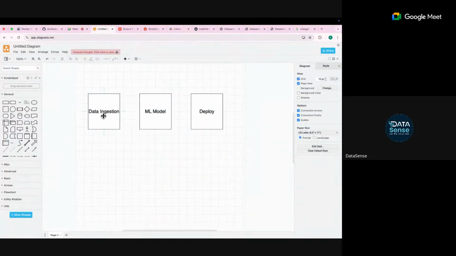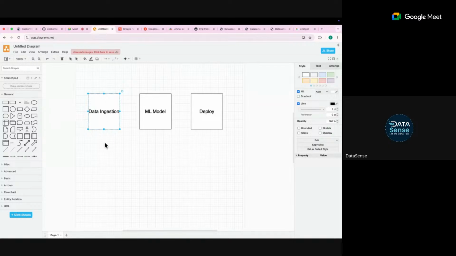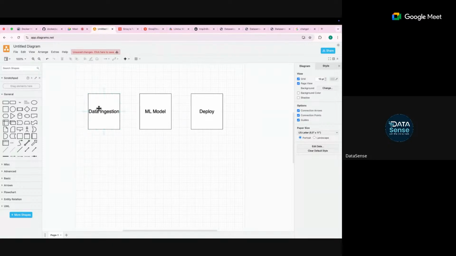Now, for this whole cycle, as I mentioned, there are three major steps. One is data ingestion. Here, data engineers work. They source the data from raw sources. It could be live streaming data from Kafka, or batch processing data from anywhere. They will just ingest it. This process has to be automated. Tell me, is CI/CD required in the data ingestion part?